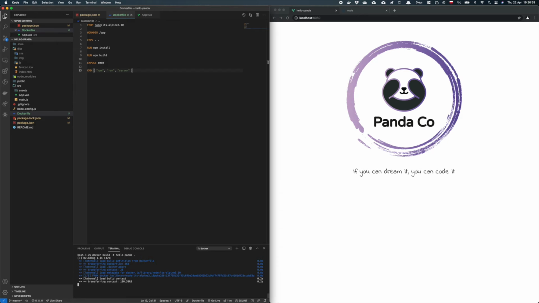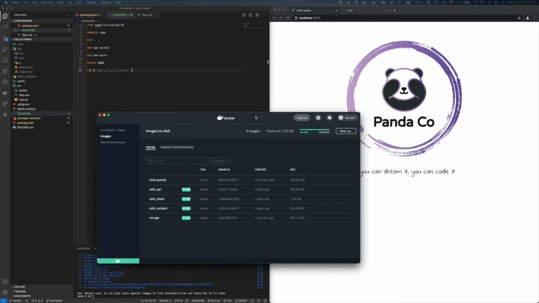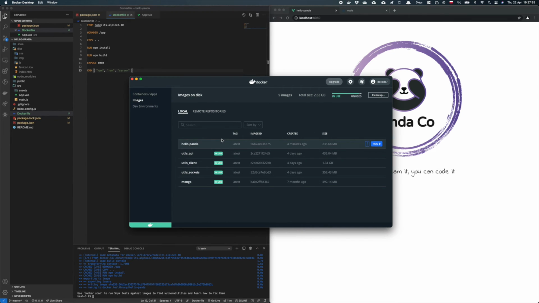In this moment, Docker pulled the image from the Docker Hub and ran step by step all this what we specified in here, as we can see it in here. In this case, it went pretty fast because I already had cached this image in the past and didn't have to pull all of it again. If I would do this from the beginning with full pull, it would take probably around 30 seconds to expose everything. Okay, so right now we can check the Docker, and I see that new image called Hello Panda